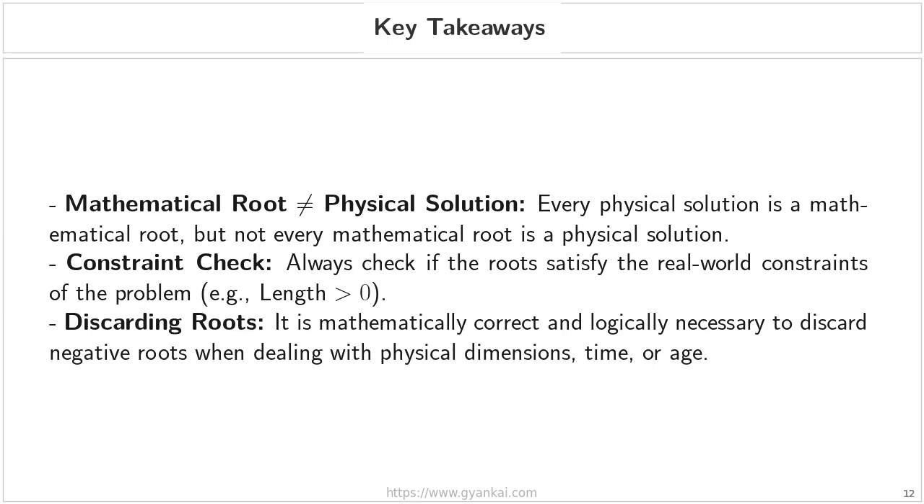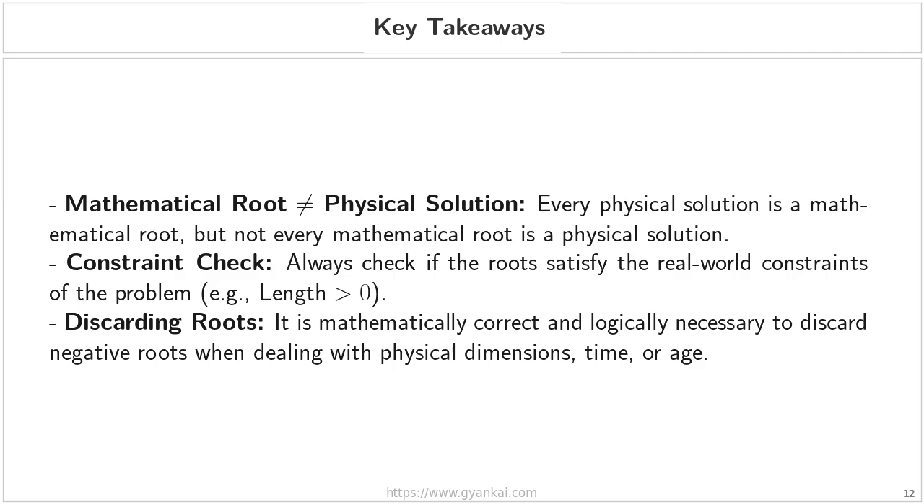Finally, remember the importance of discarding roots. It is mathematically correct and logically necessary to discard any negative roots when you are dealing with physical quantities like dimensions, time, or age. All right, we have reached the end of our lesson, so let's wrap everything up by reviewing